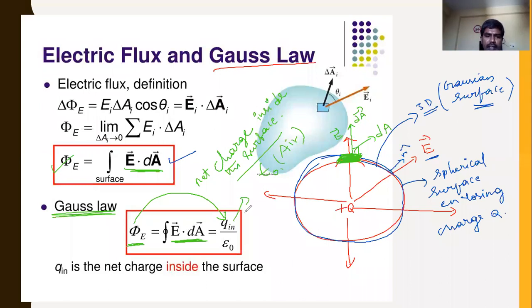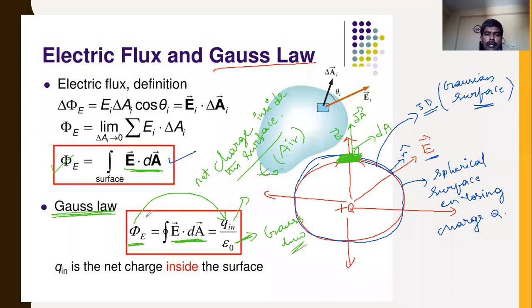Now what is Gauss law telling us? Gauss law states that the total amount of electric flux through this enclosed surface is equal to the charge enclosed in it divided by epsilon naught. Or you can consider it as the total flux within this surface is equal to 1 by epsilon naught times the charge enclosed within it. So directly you can find electric flux, and that electric flux is equal to charge enclosed divided by epsilon naught. This is what is called Gauss law.